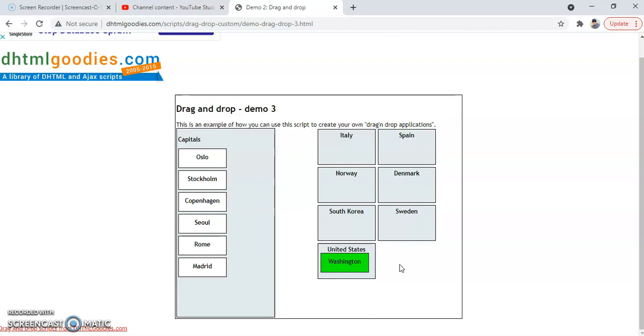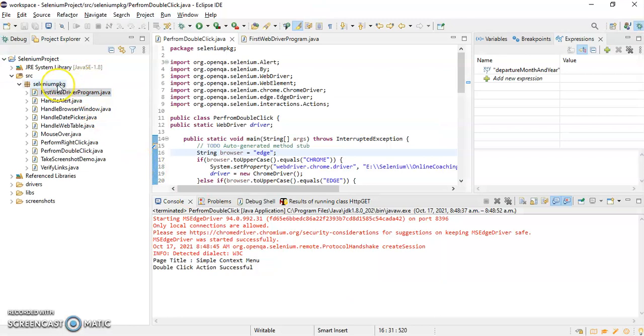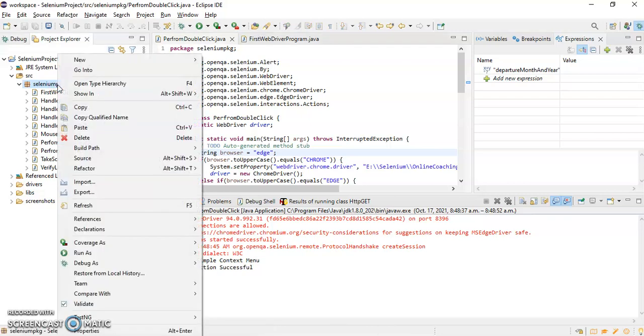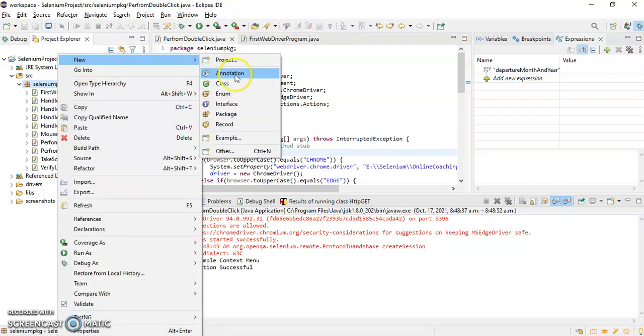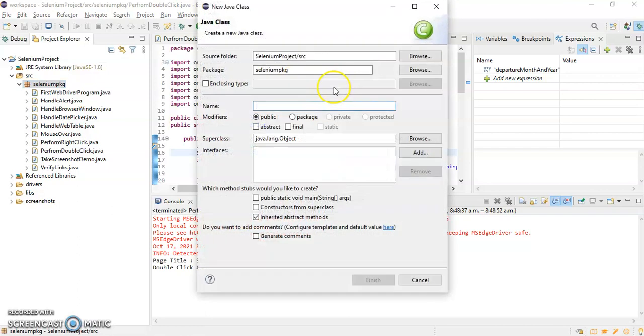To do that, I'll go to Eclipse and I will create one class under Selenium package. And I will name it as drag and drop.